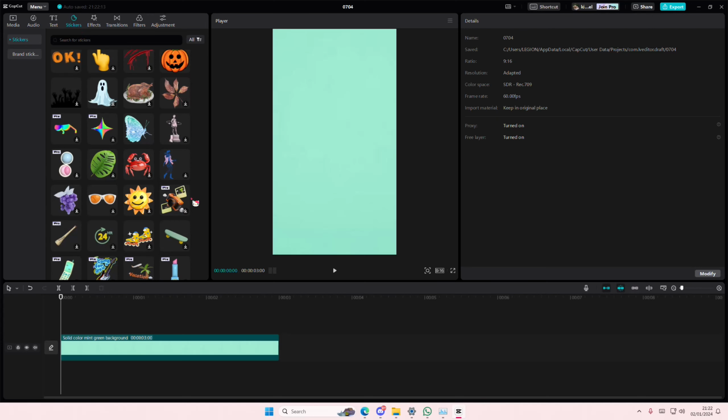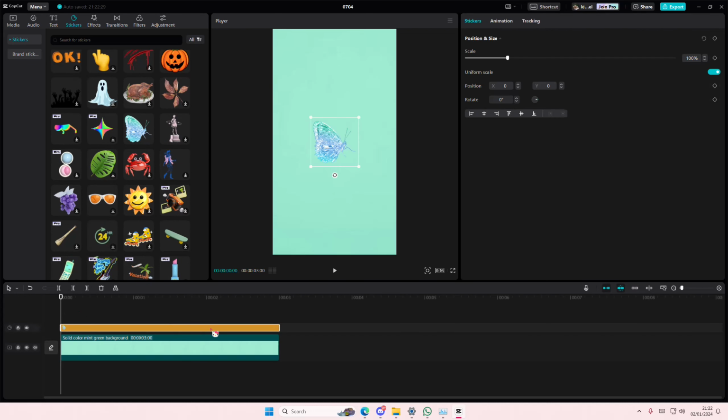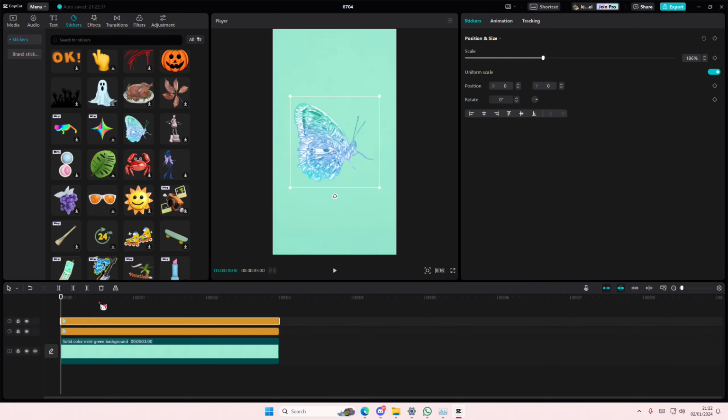In this video I'll be showing you guys how you can basically add a shadow to your stickers on CapCut PC. So to do this, you're just going to grab the sticker, and as you can see, it's very light and it kind of blends with the background just a little bit. So I want to add in a shadow to just bring that sticker to make the color pop a little